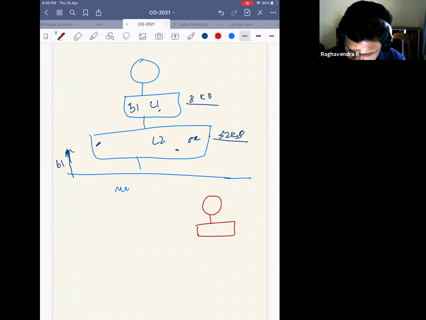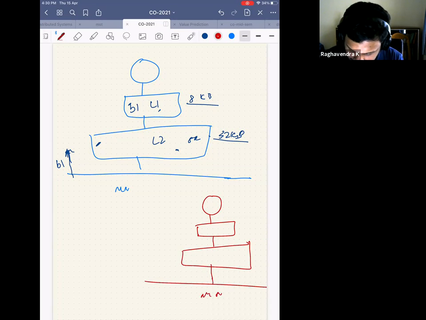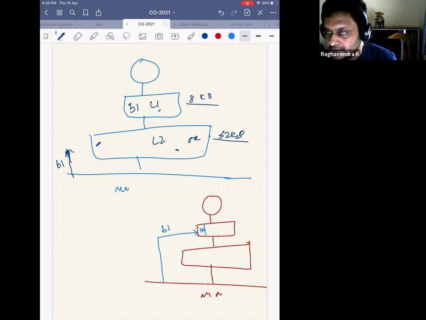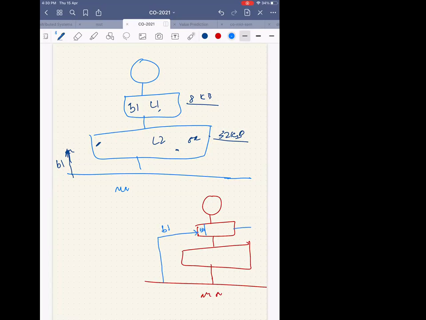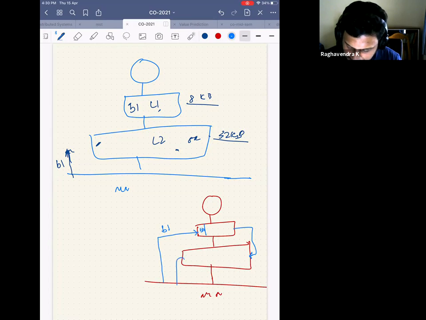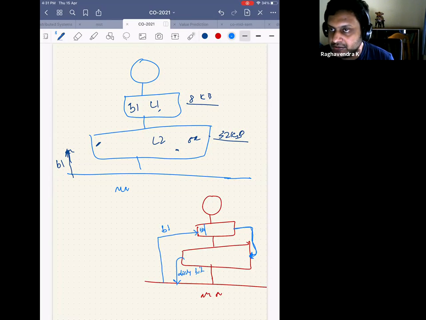I have two levels of cache, L1, L2, and the main memory. I bring a block B1. I don't keep it in L2. I keep it here in L1. At some point, this B1 will be kicked out. Do you agree? Yes, sir. When it is kicked out, I write it to the L2. And when it is kicked out of L2, if the dirty bit is 1, I write it to the main memory. Here, I don't check the dirty bit. Any block that is kicked out, I write it to the main memory. Here, I check the dirty bit. So now, what is the flaw in this design?